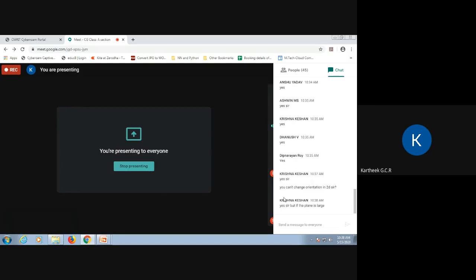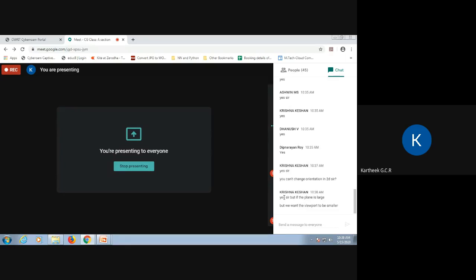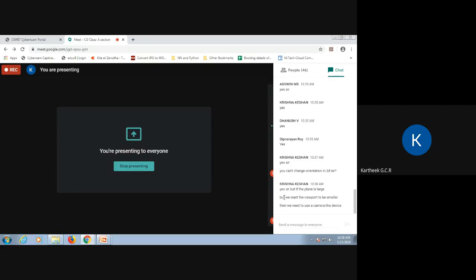If the plane is large, you can speak, Krishna. I am not getting you. If the plane is large and we want the viewport to be smaller, then we need to use a camera-like device. Not necessarily.